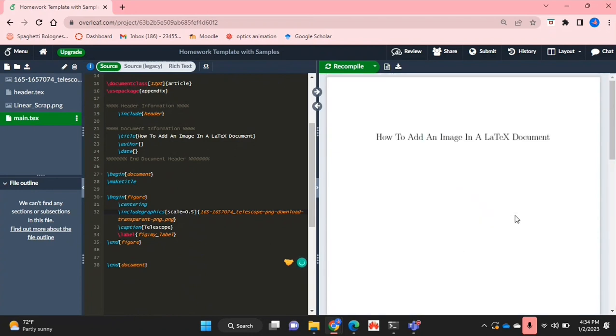If you wanted to know how to add an image in a LaTeX document, this is the easiest way I know how,